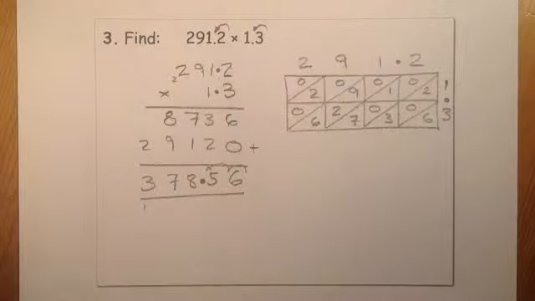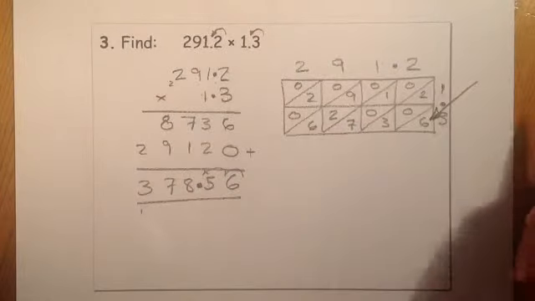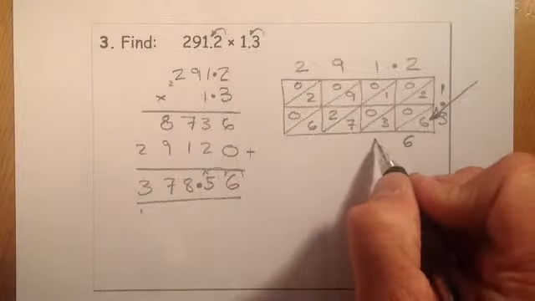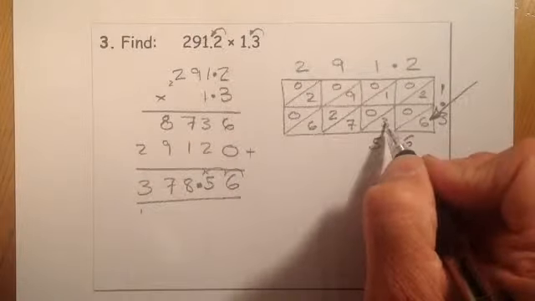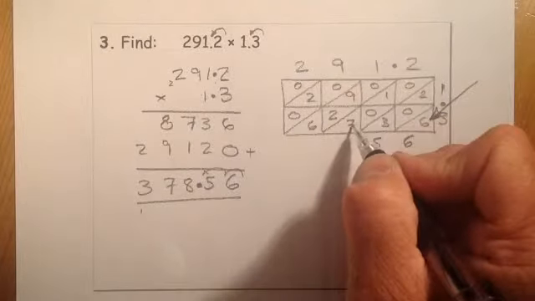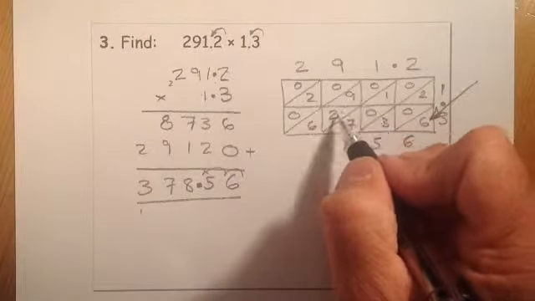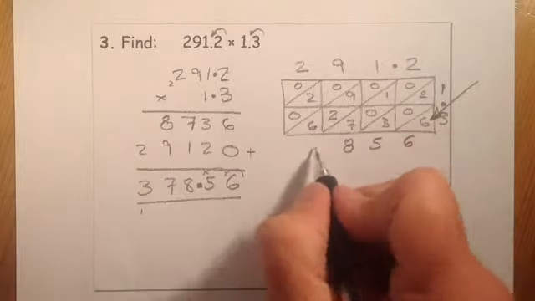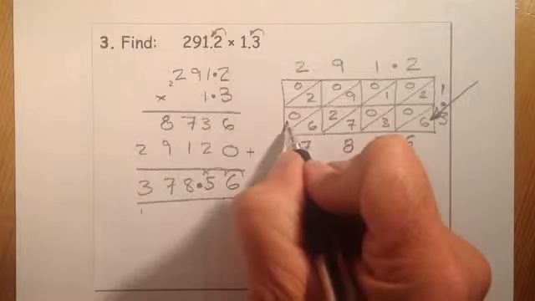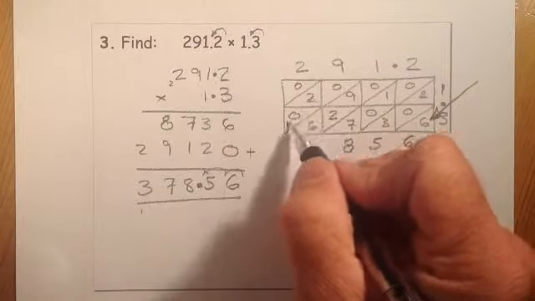All I'm going to do now is add things up. And remember, I add them up diagonally when I use this method. So that's going to be a 6 there, because that's the only one in the box. That's going to be a 5 when I add the 2 and the 3 together into this column here. So it's 0, 1, 0 and 7, so that's going to give me 8. I've got 9, 2 and 6, so that's going to give me 17. So there's a 7, but I've got a carryover, so I'm going to carry it into this box here. I've got 0, 2, 0, 1, so that's going to give me 3,